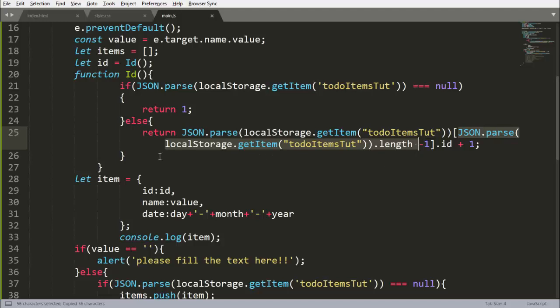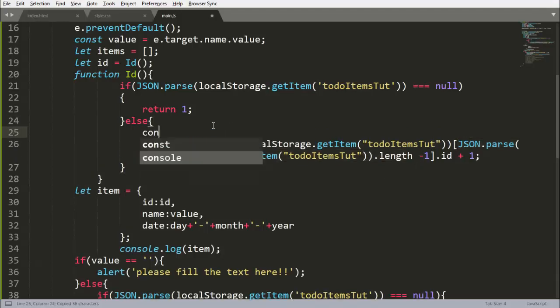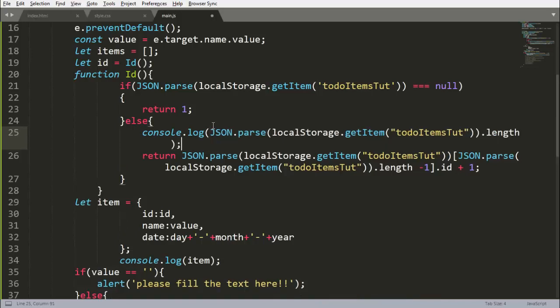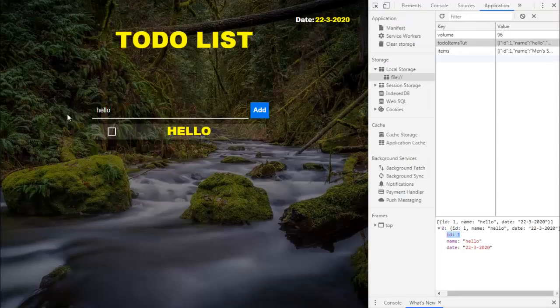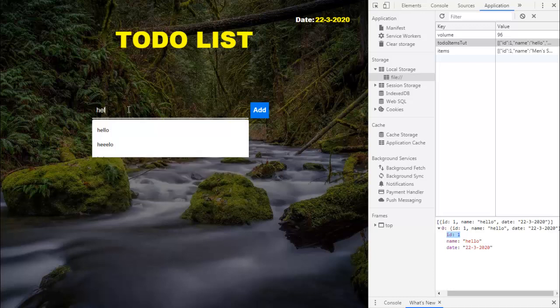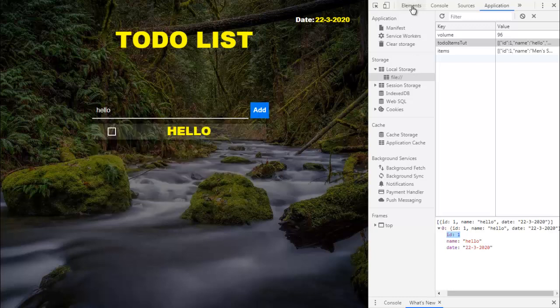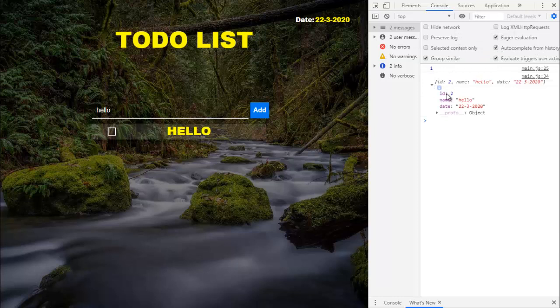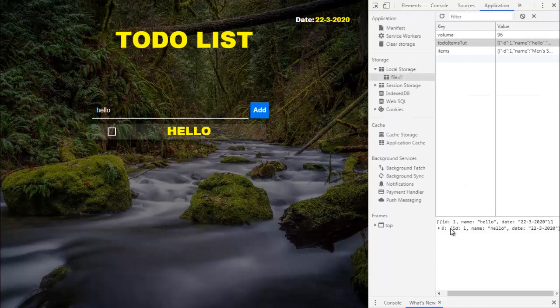So when I console this, console.log this .parse .length here, and reload it and type hello here, click on add here, then console, see that id 2 here. We are getting length 1 here, but we want to access the 0 here. See that its index is 0. Here is the index, its index is 0 here. So we want to access that.